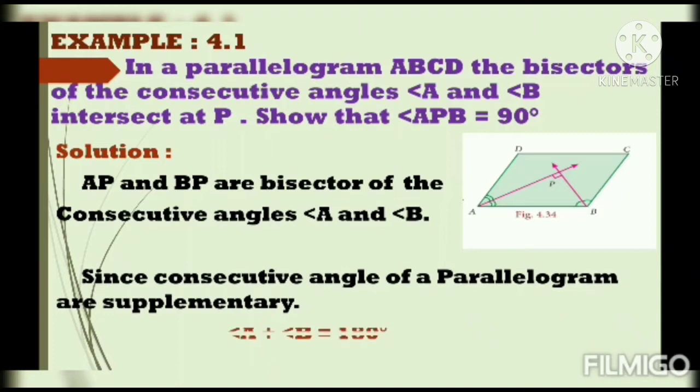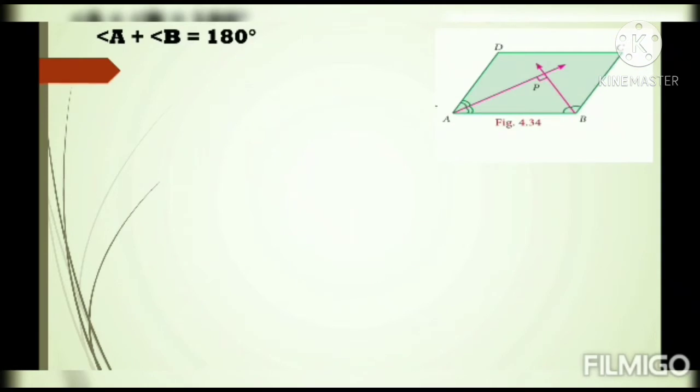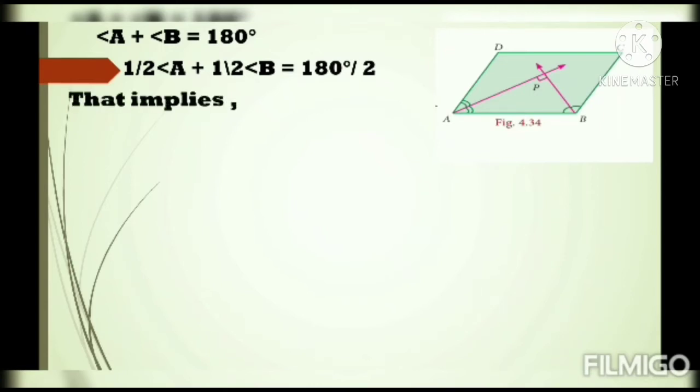So, angle A plus angle B equals 180 degrees. Then, we divide both sides by 2. So, half of angle A plus half of angle B equals 180 degrees by 2. Then, that implies,